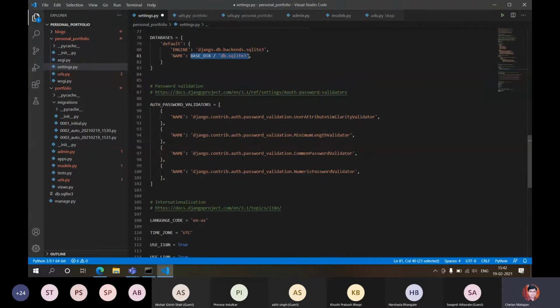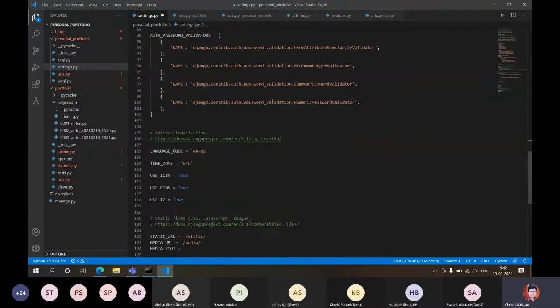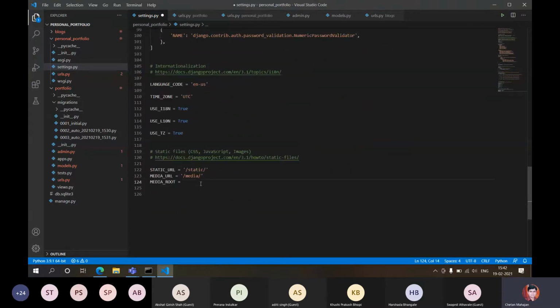Okay, you just copy this and paste it over here. So this is an OS specific thing. Okay, so base directory is nothing but whatever the base directory of your project is. In that directory, you want to create a folder. Okay, and that folder will be named media, and I'll give a slash over here. Okay, so these two things I have entered,